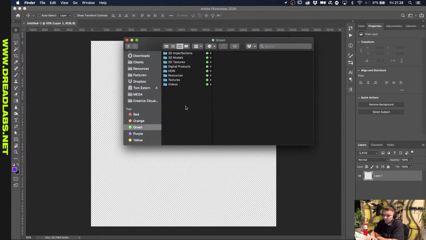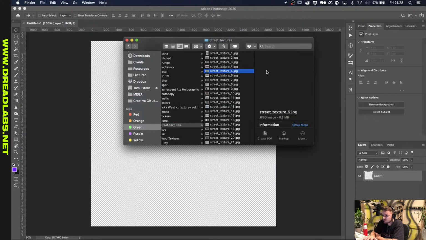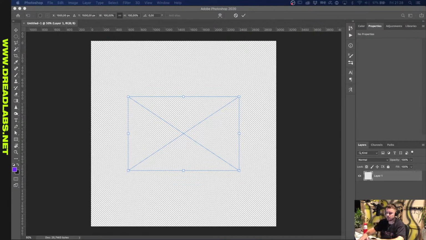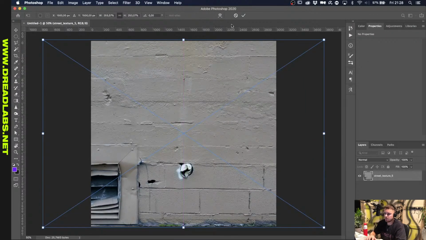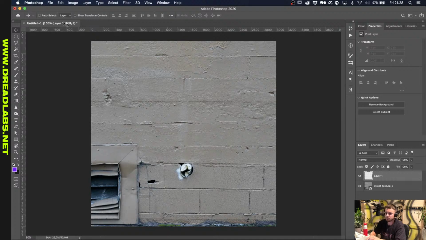Anyway, let's just open a file, and then I'm gonna grab a street texture from Black Market. For example, this one. I'll send you the Discord link. So if we drag this into Photoshop, and let's just say